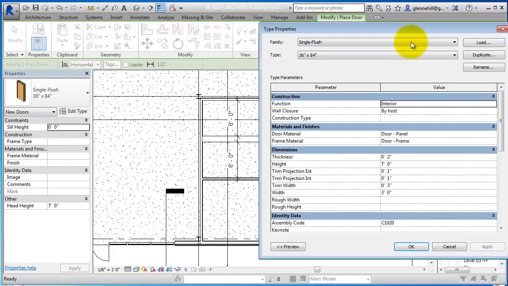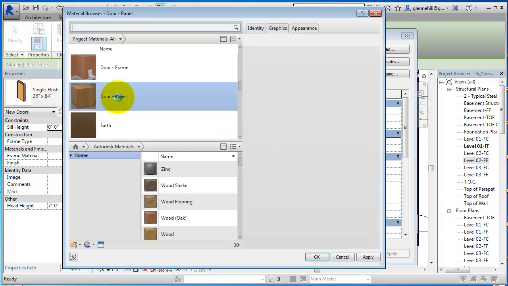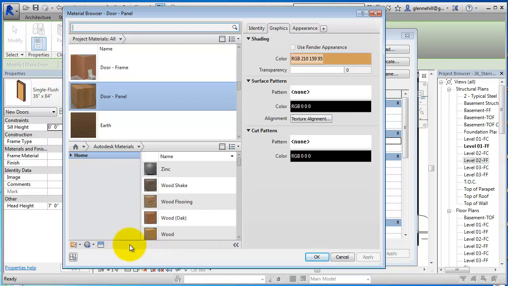look at that, and we'll see the door, the thickness of the frame, its height, and so forth. And then you'll see door material, door panel. Let's go and look at that material. And you'll see it's wood. And let's say that I wanted to do this as paint first instead of wood. And so what I'm going to do is